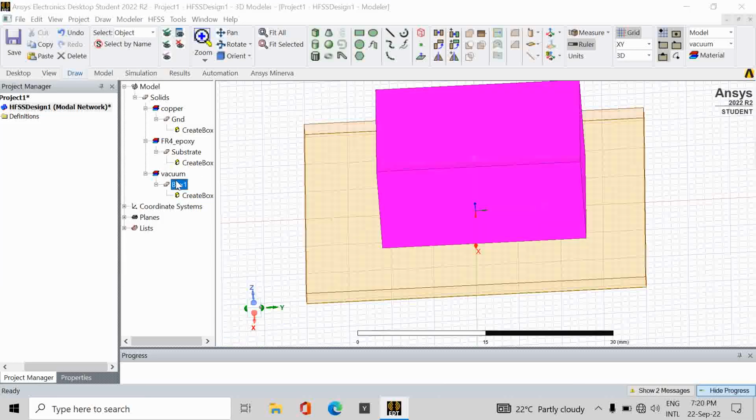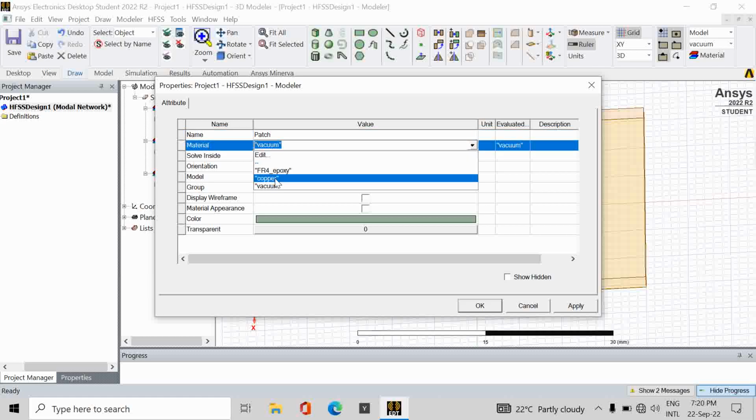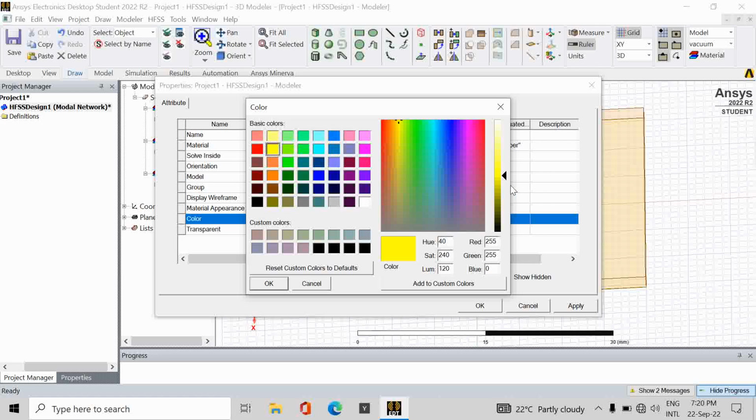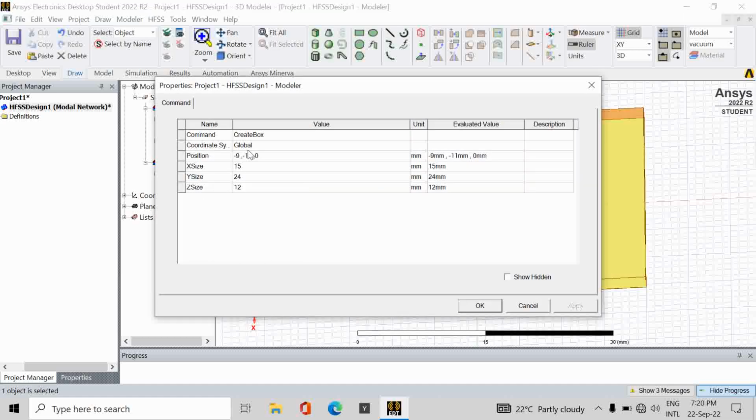Okay, patch, and the material will be copper only. It will be yellow, the color I'm taking. Transparency as of now is not required. Regarding the dimension, again